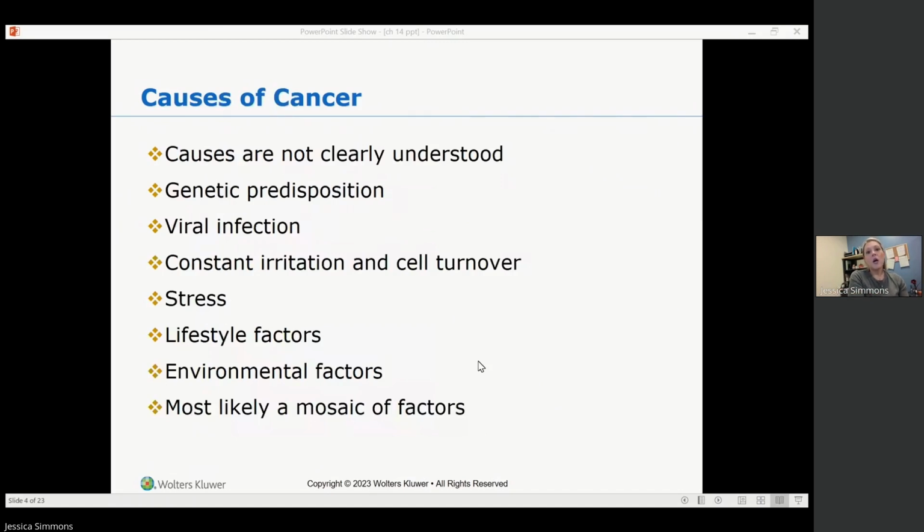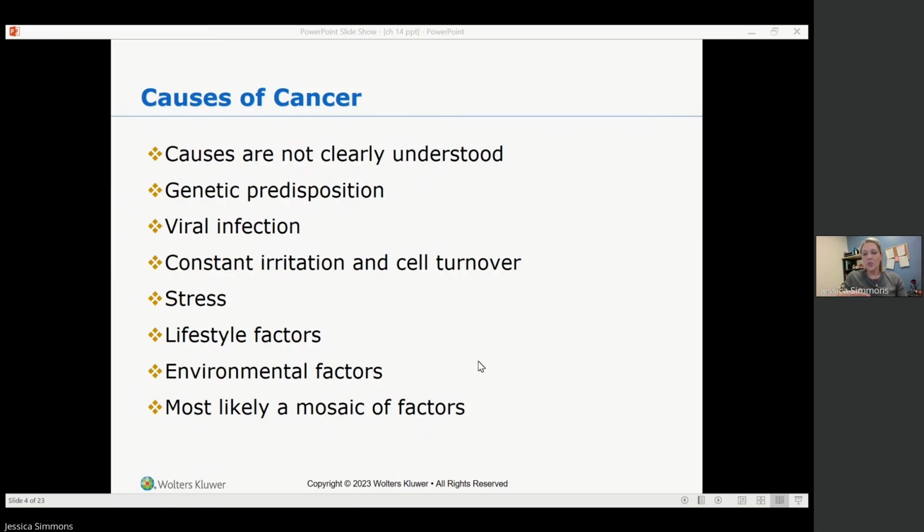Causes of cancer. Causes are not clearly understood, but we do have some ideas. So there could be genetic predisposition, viral infection, constant irritation, and cell turnover. When you think about constant irritation and cell turnover, I want you to think of examples like skin cancer. So if you're constantly getting burned and that burned skin has to heal and then regrow, shed, regrow, shed more than your typical skin cell life cycle, or